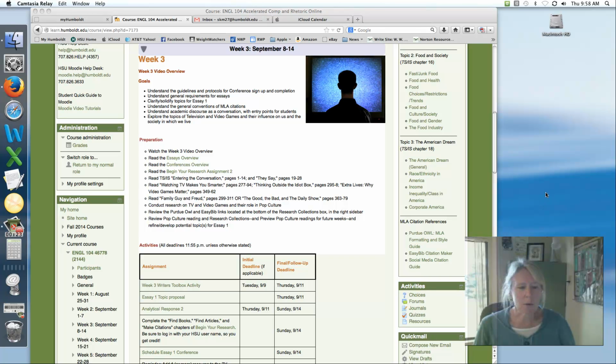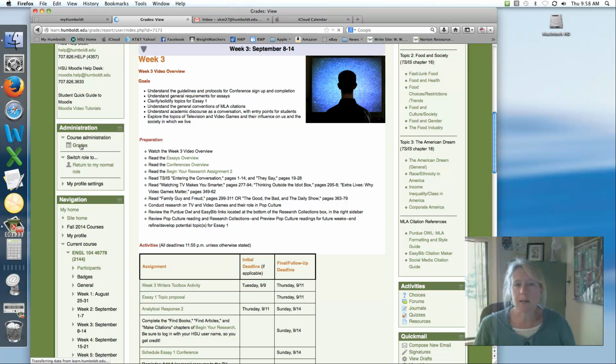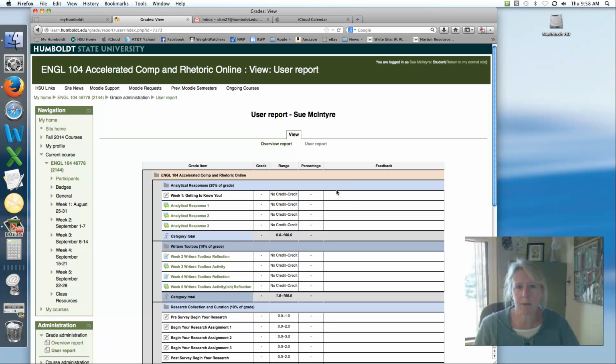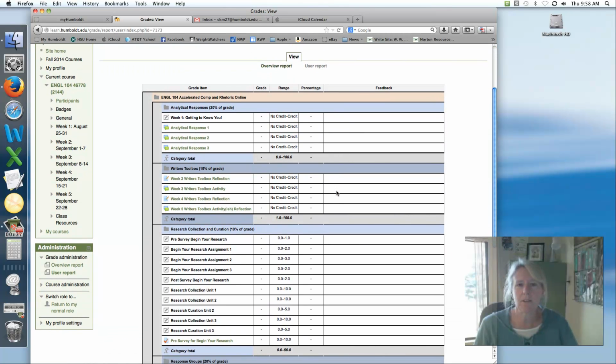It is week 3. I wanted to take a quick moment, though, to encourage everybody to take a look at your gradebook if you haven't already done so. I'm going to pull up a blank gradebook. Unfortunately, I can't really show you what the gradebook looks like with comments because I'm in student view, and since I don't get graded, I don't have grades in my book. But the gradebook will be updated regularly.